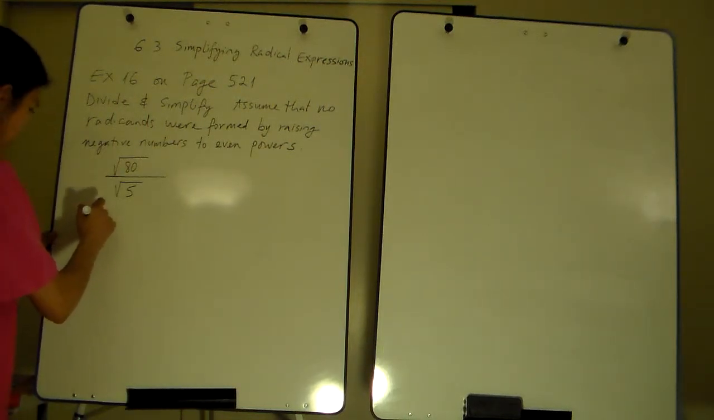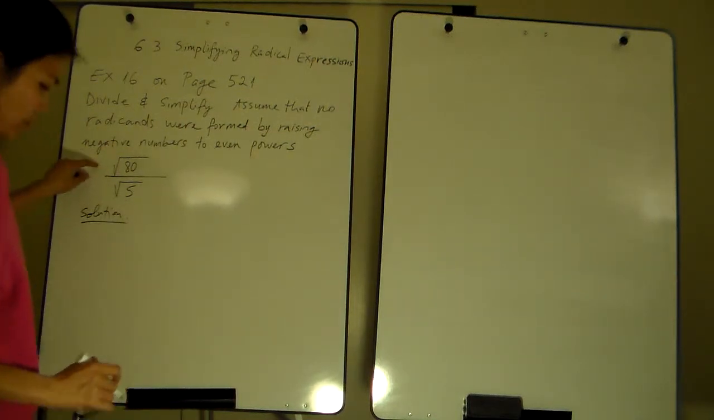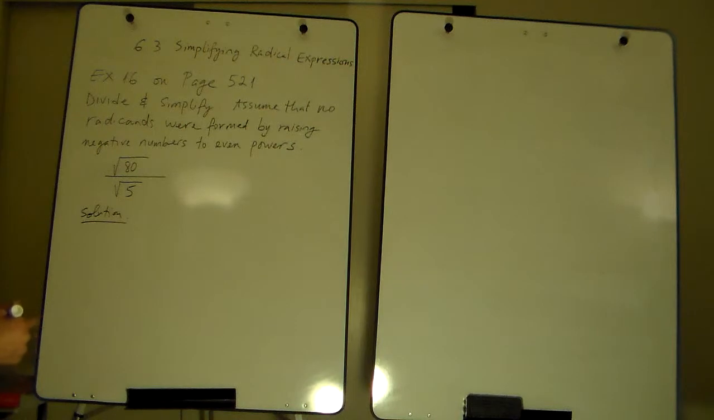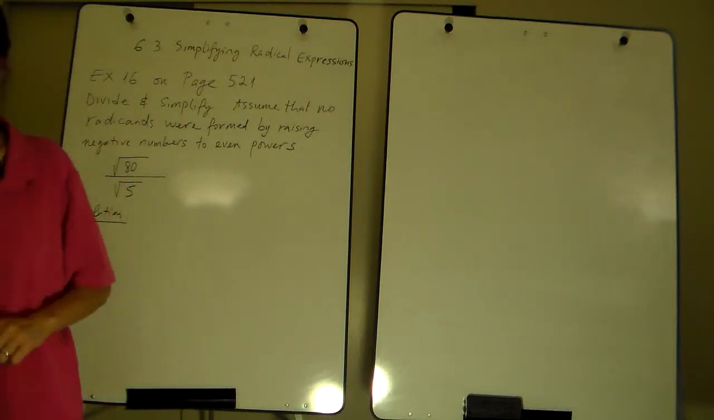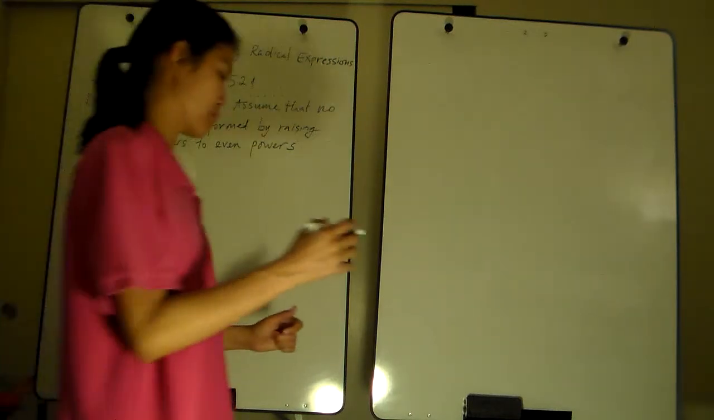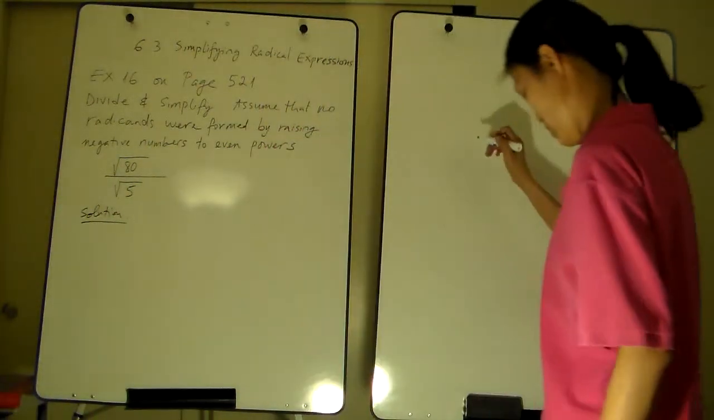Solution. Now, this is a quotient of radicals, right? So to simplify this quotient, we're going to use the quotient rule for radicals. So the quotient rule for radicals is when you have